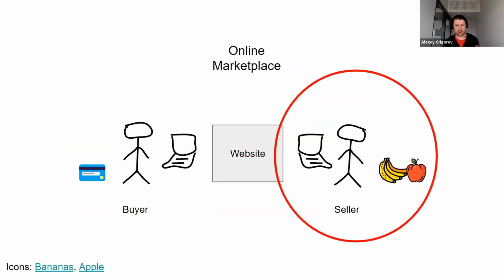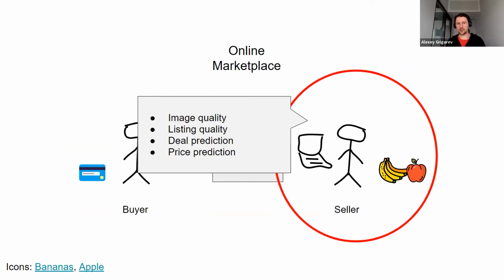Then another area, as I already said, is making sellers happy. For that, we usually want to make sure they have no problems creating listings, so it's very easy to create a listing. Sellers might also have problems picking the right price. What is the right price for the item I'm going to sell? Especially for something like a car, helping them pick the right price